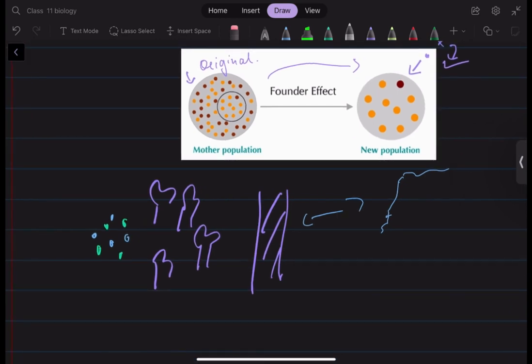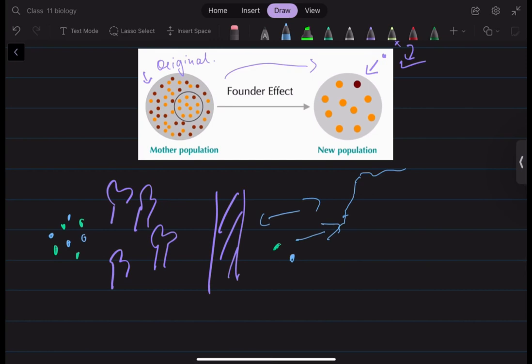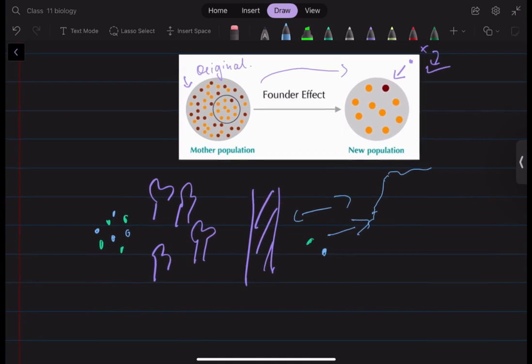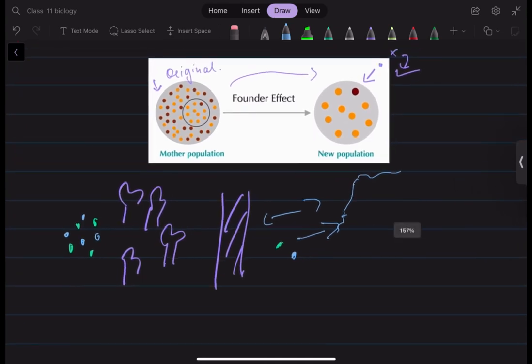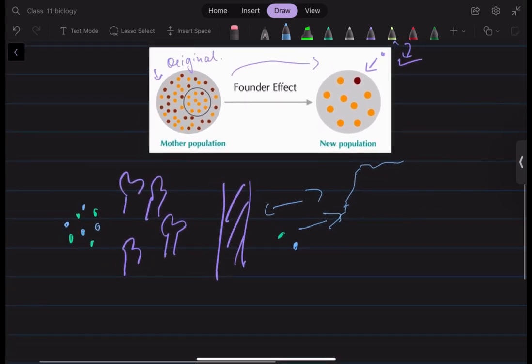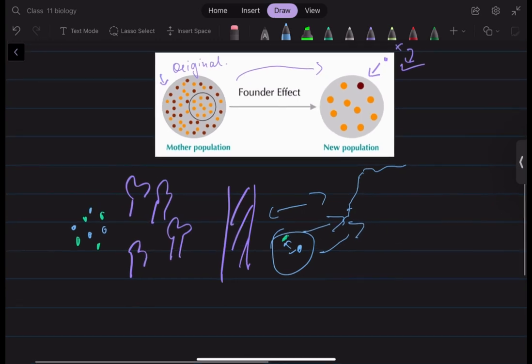So one day, few wolves crossed this river by mistake, and they went far away and reached the mountain range. As they got lost from their original place, that is the forest. And let us say for some reasons they couldn't get back, and this new group of wolves started living in the mountain range itself.